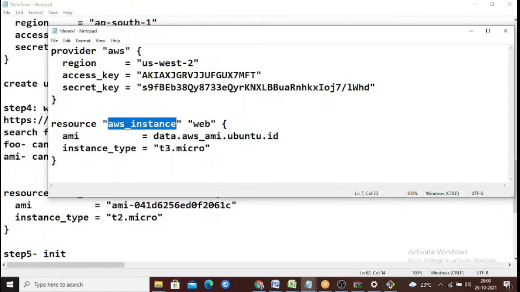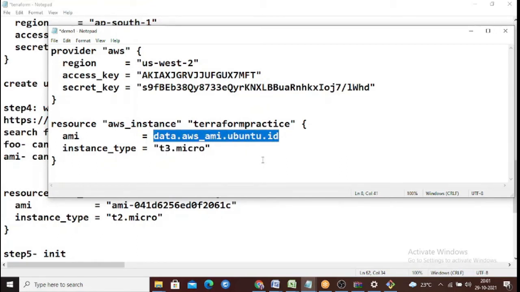The instance name can be anything. You can give your own name, and here you can say practice. The instance type is aws_instance. Then what type of instance are you using? Make sure that you are working with a free-tier eligible instance, right? And then you need to give your AMI name. What kind of image do you want to use while creating your EC2 instance? There are multiple images available. Whichever you want, you can choose. Where do we select our